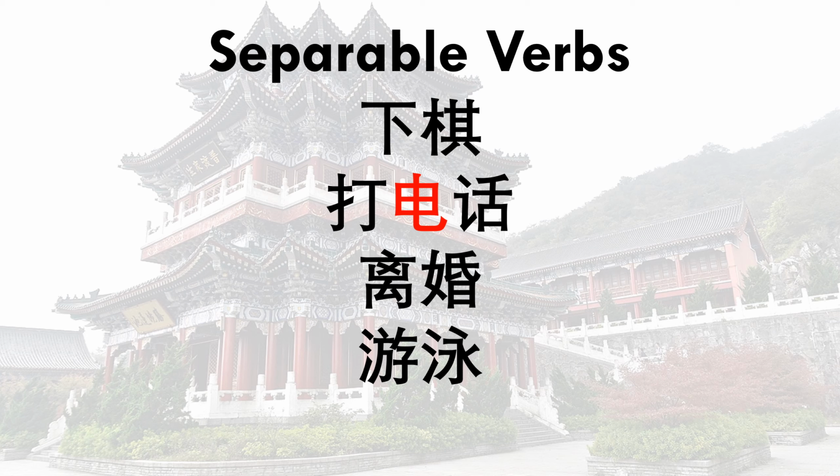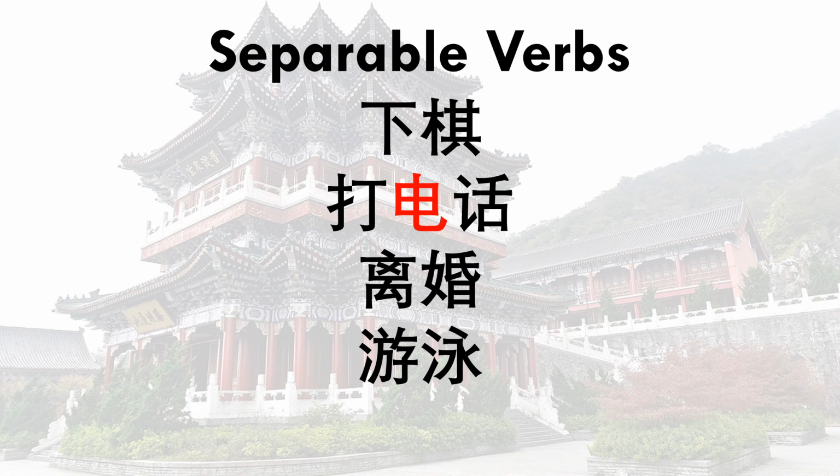And that's because the first and the last syllables of a word are the most important ones in terms of tone. So 打电话, 打, you want to make sure that's stressed. And then 话, you want to make sure that's also stressed with the 4th tone. 打电话. The 电, you can stress it, but it sounds a little bit awkward. It just sounds a little bit more awkward than 打电话. But just make sure that the 话 is definitely stressed.